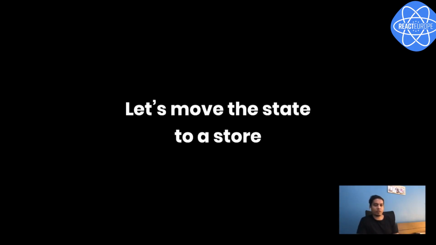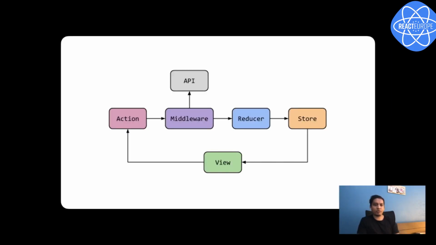So the first obvious step, what anyone would do, is to move out the data store into a separate, say, functional store, right? And that's what we did. We create a store connected to the UI. That's a view, that's a React component, and then dispatch actions from the view whenever the user interacts with the UI. Pretty standard React stuff.